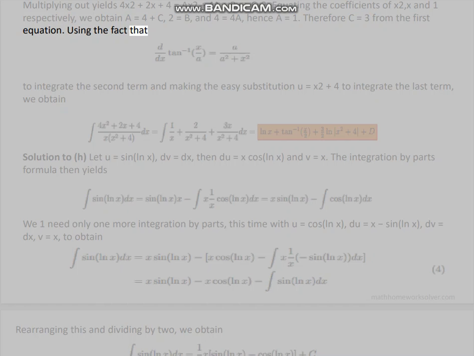Using the fact that, to integrate the second term and making the easy substitution u equals x² + 4 to integrate the last term, we obtain the solution. Solution to H: let u equals sin(ln x), dv equals dx, then du equals cos(ln x)/x dx, and v equals x. The integration by parts formula then yields. We need only one more integration by parts, this time with u equals cos(ln x), du equals -sin(ln x)/x dx, dv equals dx, v equals x, to obtain